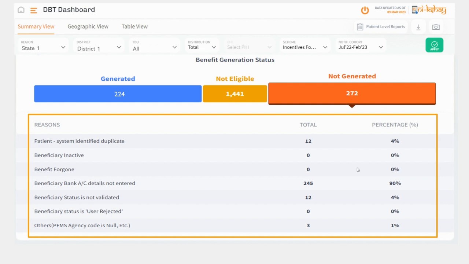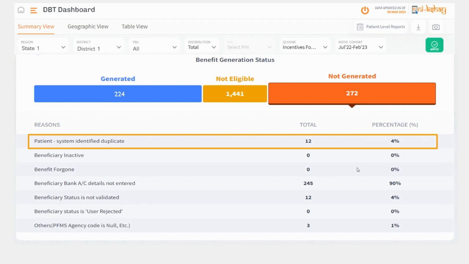Let us look at a reason-wise breakup. There are 12 notifications which are identified as potential duplicates by Nikshay and therefore, incentive has not been generated. On review of these duplicate notifications, the DTO may either approve them as unique or mark them as duplicate. If the DTO confirms such cases as unique, Nikshay will generate the incentive. However, if a notification is marked as duplicate, the notification would get deleted in Nikshay and therefore no benefits would